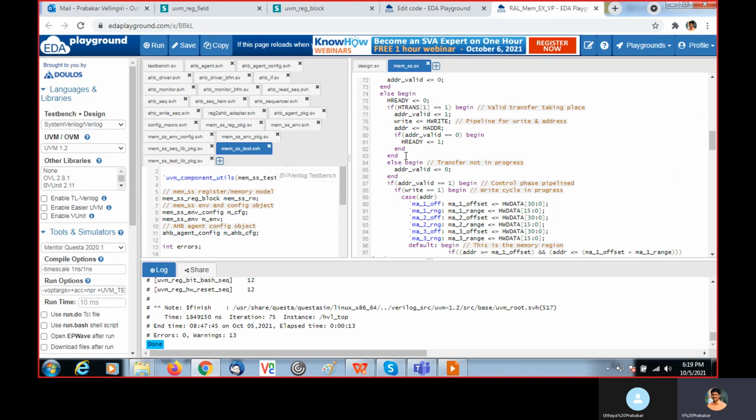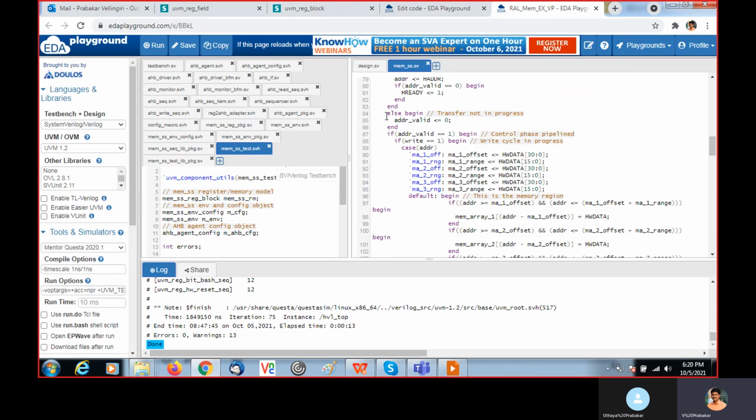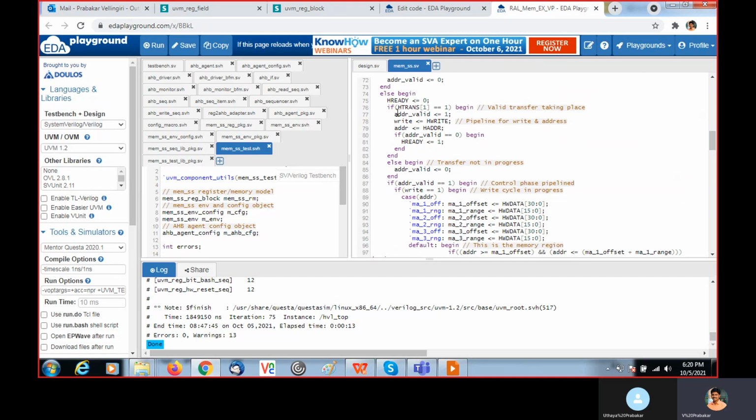So based on the write signal, the address valid is 0, HID is 1. Then the else part of HTRANS,